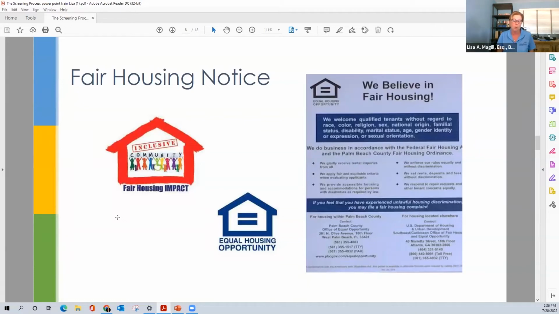That goes a long way in the event that there is a claim. No, listen, we're a fair housing community. We even say it right here. We've published an intent to talk about fair housing issues.